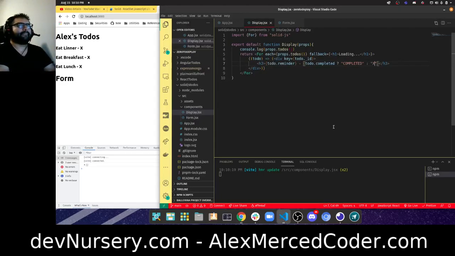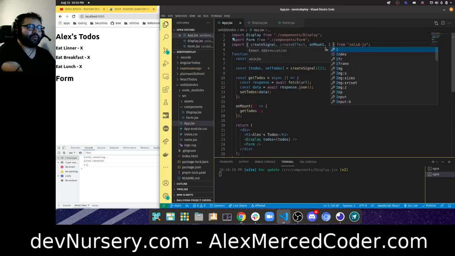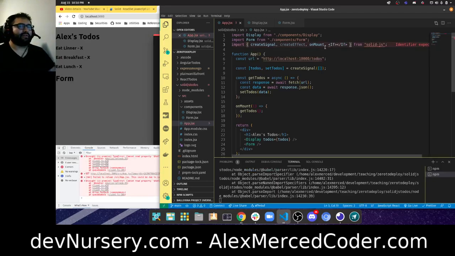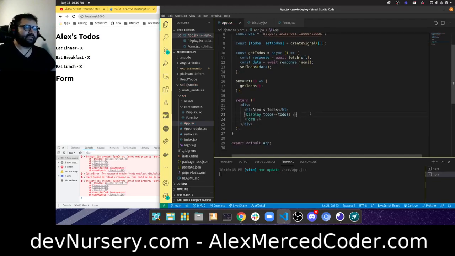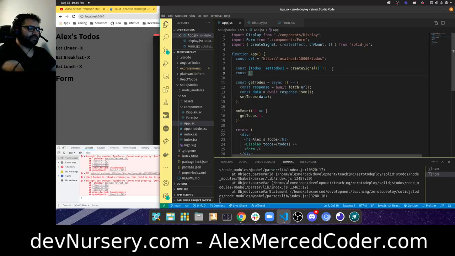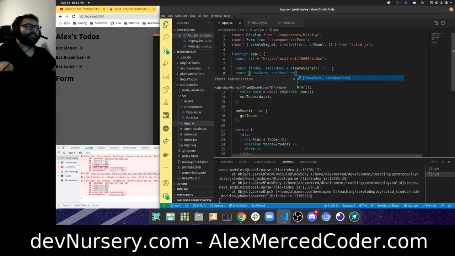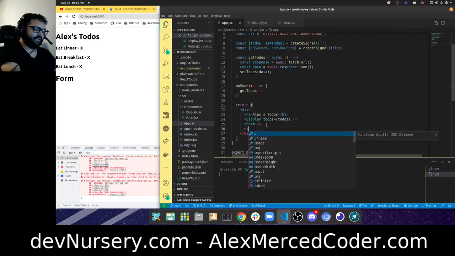Okay. So we got the display. So we're displaying components and stuff. But you see, that for is nice. And again, I want to make this form component conditional. So I'm going to bring in, there's an if component. Okay. Oh, no, not that. There we go. And then I can do this. So what I want to do is, again, create another signal, const showForm, setShowForm equals createSignal, and we're going to kick it off as false. And now I'm going to say if